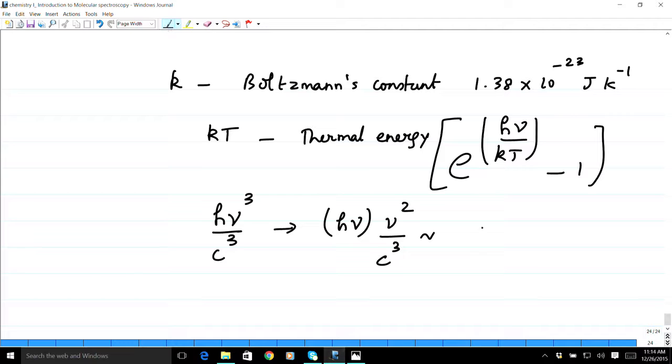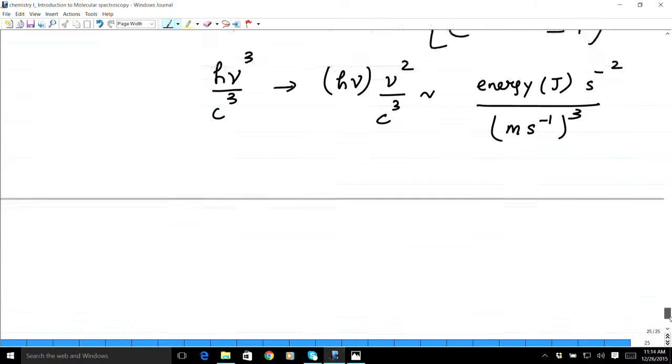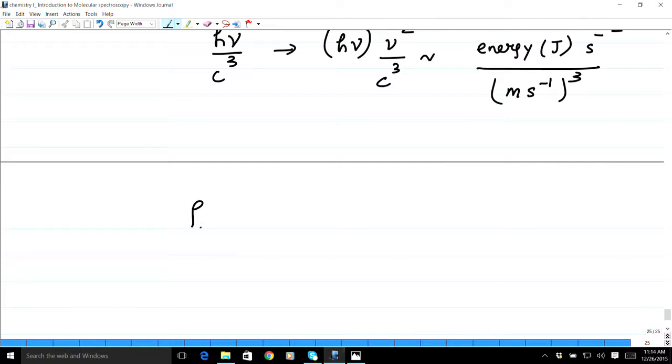Dimensionally, it is energy, which you can write as joules, and per second square, because nu square, and c cube is meter per second whole cube. Therefore, the dimension that you have for rho nu is energy